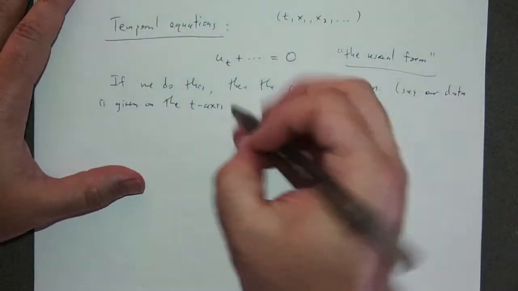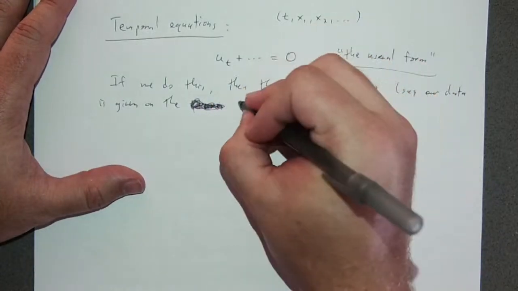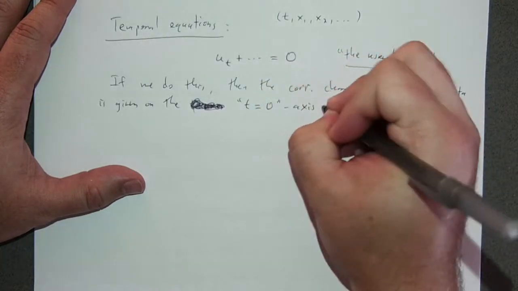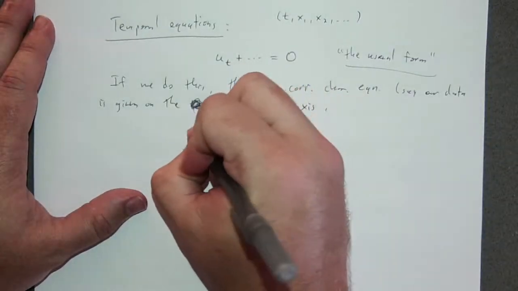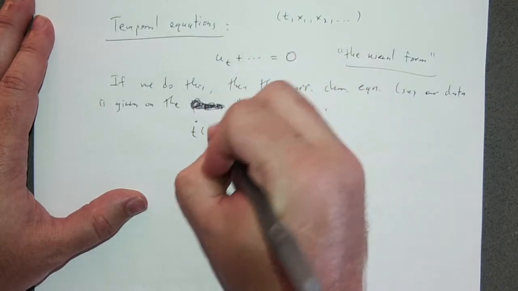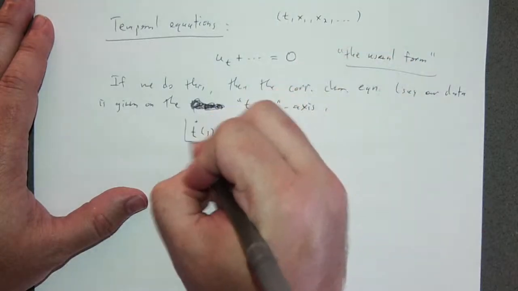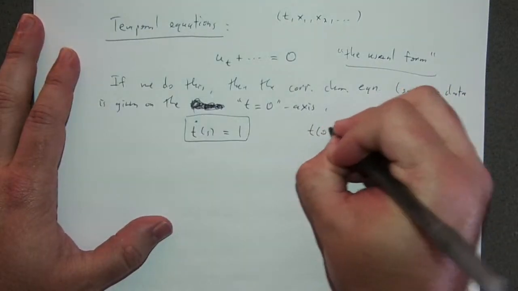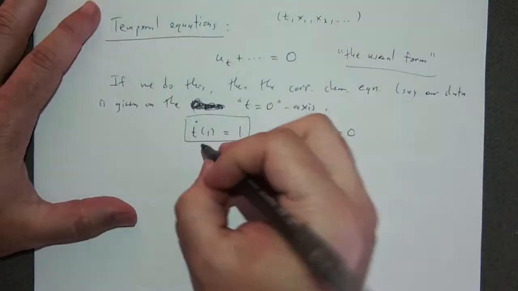Okay, or maybe I should say not the t-axis, we'll say the t equals 0 axis. We'll be careful here. Then the characteristic equation corresponding to this, because the coefficient function is 1, is just t dot is 1, right? And of course, if we have, say, initial condition t of 0 is 0, then what this yields is